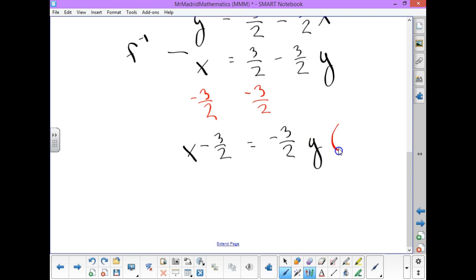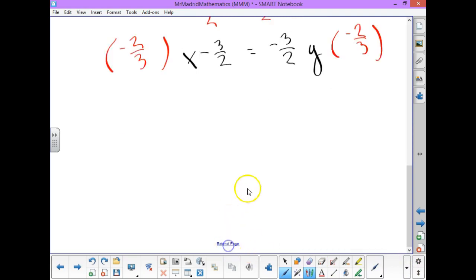At this point, if you look back up at your notes, I can multiply by the reciprocal. So we'll go negative 2/3, negative 2/3. It's going to cancel out on this side. So now we have y by itself equals basically